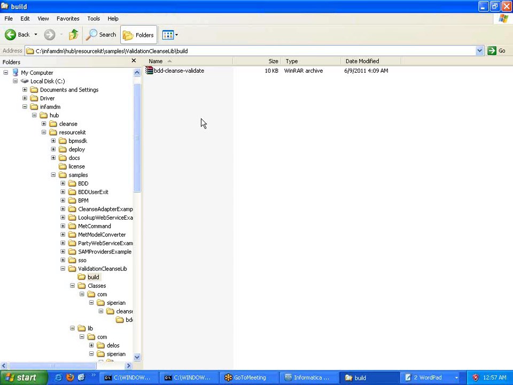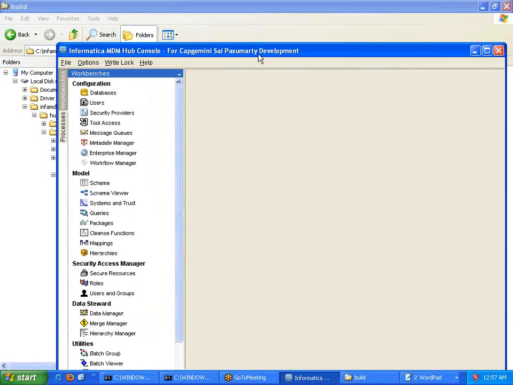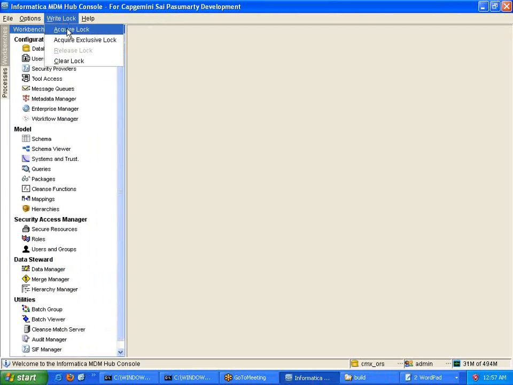To do that, go to the MDM hub console and acquire a lock. Go to the cleanse functions tool and get it integrated. That is what we are going to do. This part you need to know. The Java part, whatever was discussed so far, is optional. If you want, you can do it, or else you can just ask the Java team to take care of that.